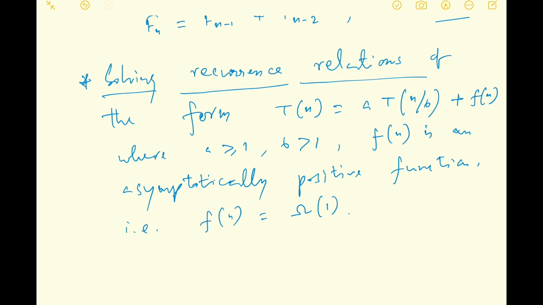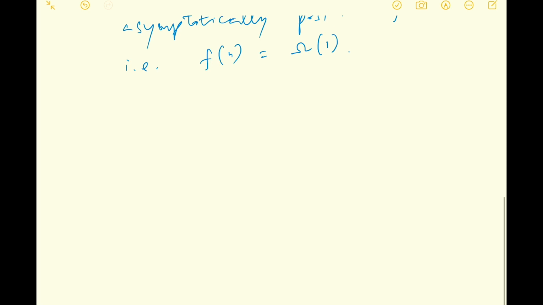Our goal is to find closed form upper bounds for the function Tn, solving these recurrence relations. To motivate why only this form of recurrence relations: this form appears very often, or most of the time, in running time analysis of typical algorithms. So for example, if you look at merge sort,